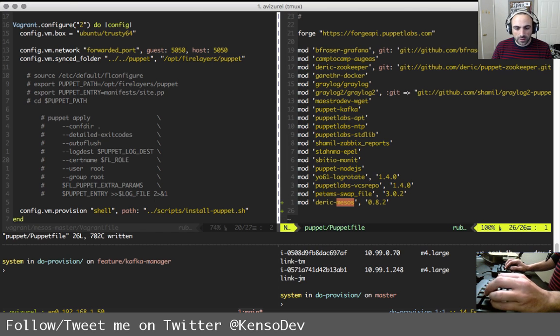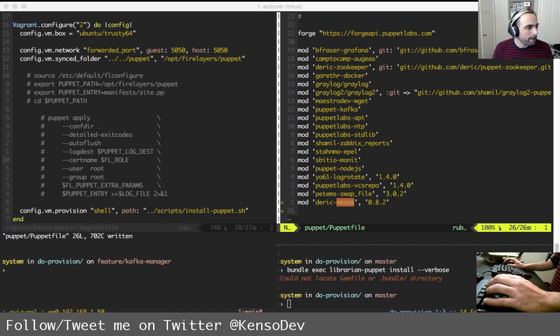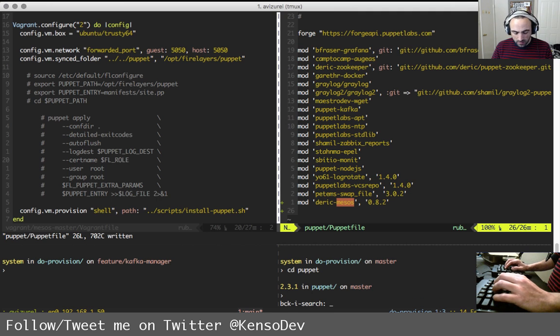Then we need librarian-puppet install. Let's do librarian-puppet install. Couldn't locate. Oh, I need it here. Okay.